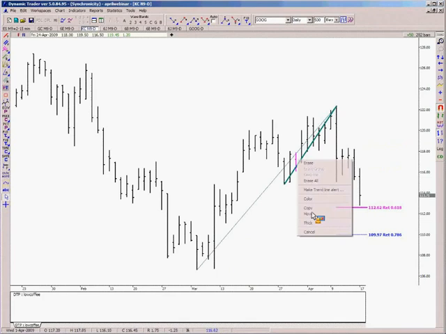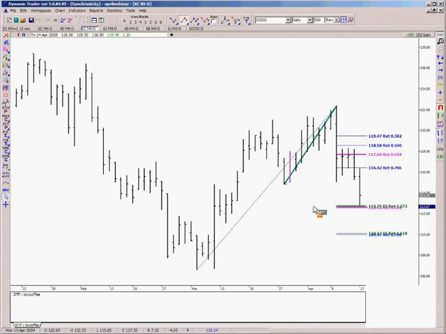Then I'm going to run an extension of the low to the high, extended downward for possible support. So what you're doing here is taking all obvious swings and running all possible price relationships, in this case for support. You should work one side of the market at a time. So we're running all the possible support, taking the low to the high,